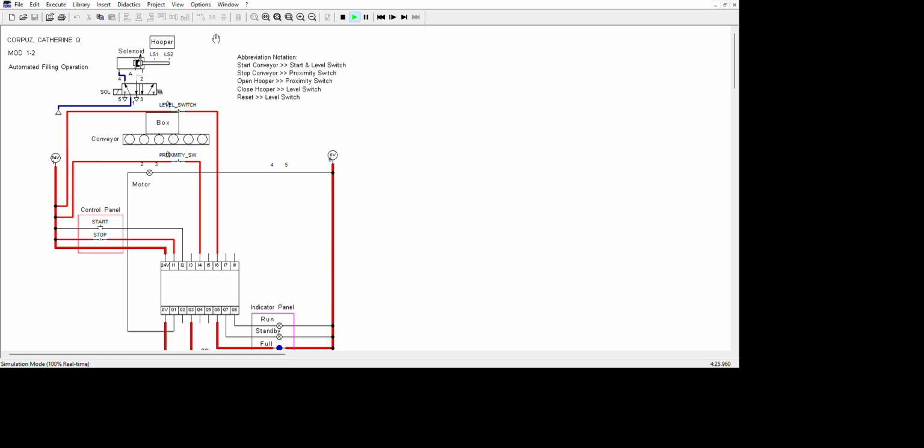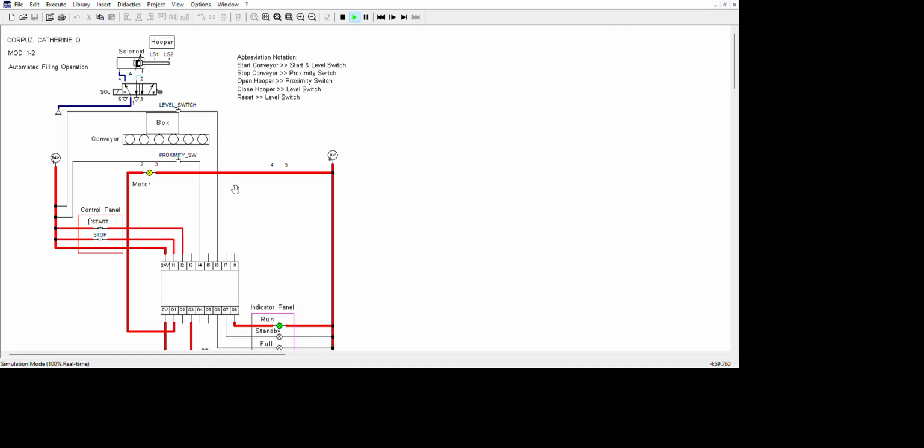The hopper is closed. Then when I hold the start, run and full indicator turn on, and the motor runs again. Turn on the indicator for the next box. The box will move. Level switch trigger will be removed. Proximity switch will also be removed.